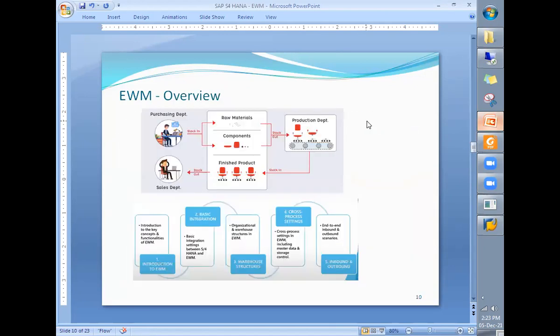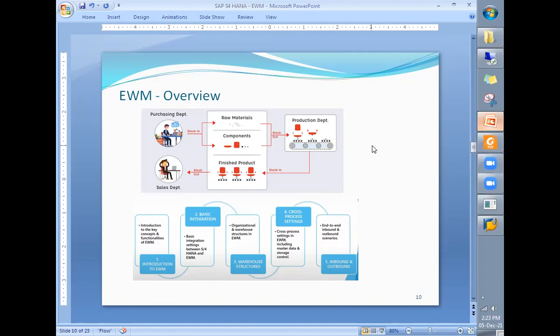If we try to understand the integration of EWM with different departments and how the product flows, EWM or warehouse management is all about receiving the goods, then managing the inventory and storage, and delivering the goods.